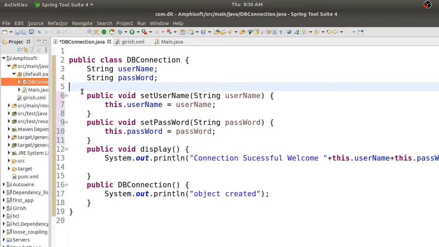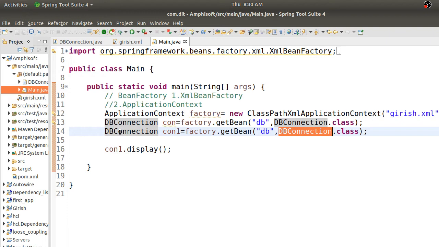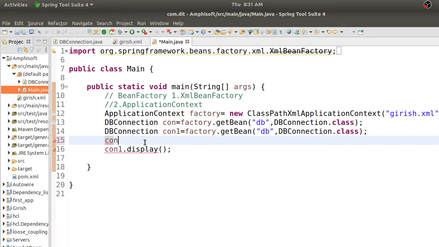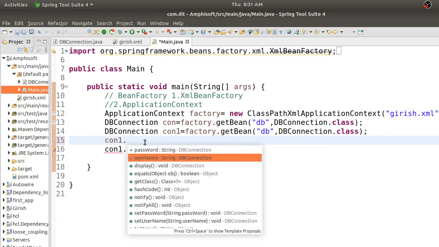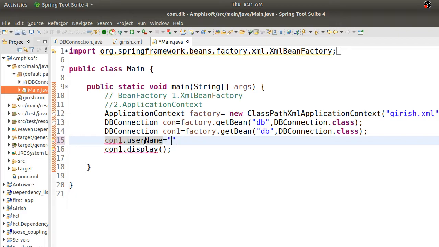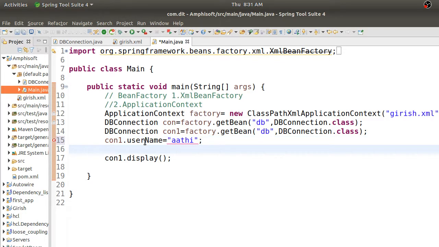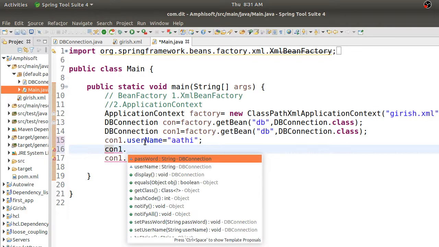Now if you run the same program we did previously, I have this con1 dot username, which I'll change, and con1 dot password.